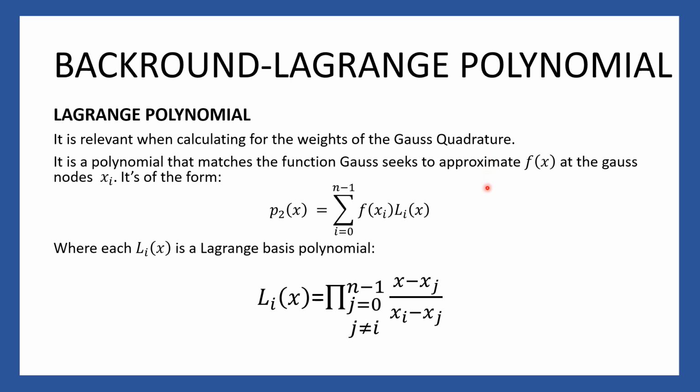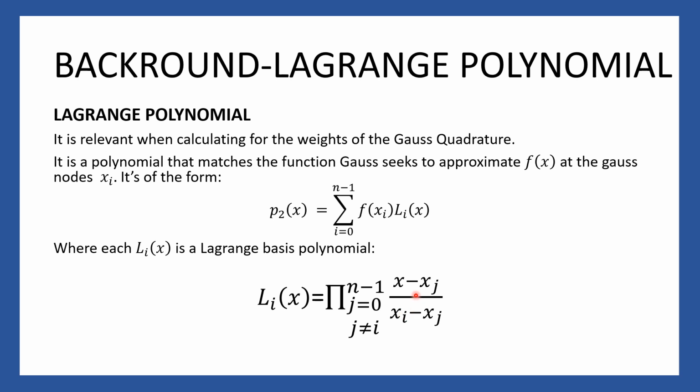Now we've established how to calculate the nodes that are needed for the Gauss quadrature. Next is how to calculate the weights that are needed in the Gauss quadrature formula. To do that, we use the Lagrange polynomial. It's a polynomial that matches the function Gauss seeks to approximate, which is f of x, at the Gauss nodes xi. It's of the form the sum of the product of that function at the Gauss node times the Lagrange polynomial. Now, what happens is that this Lagrange basis polynomial